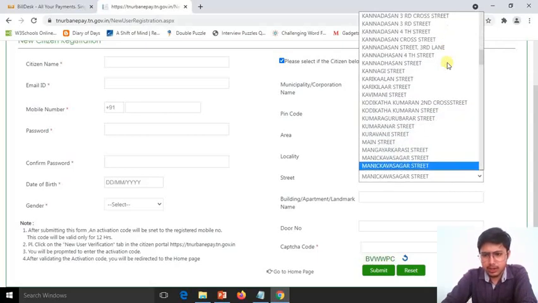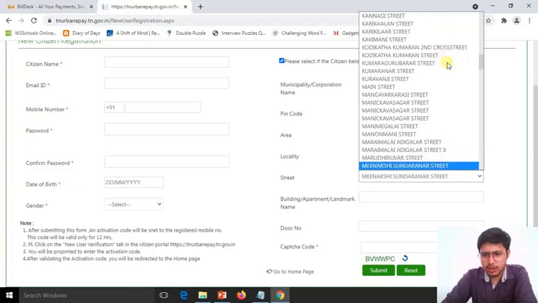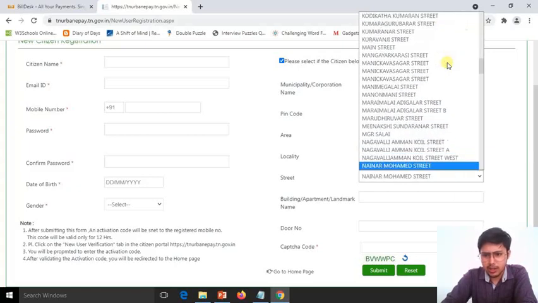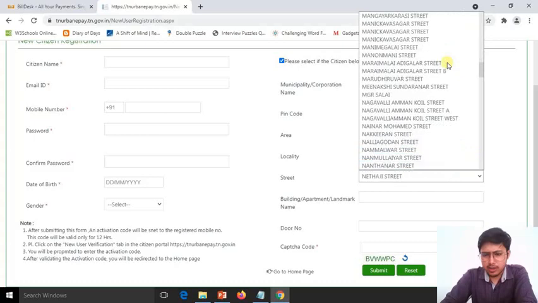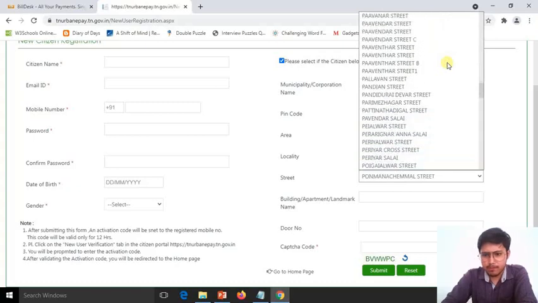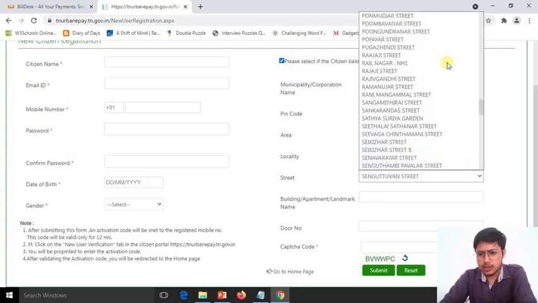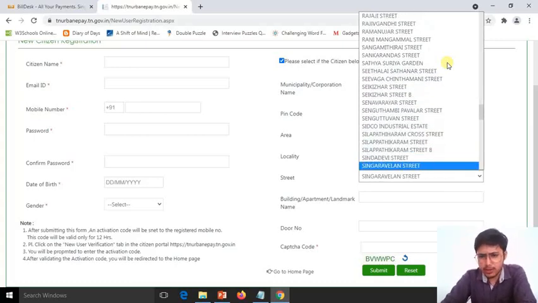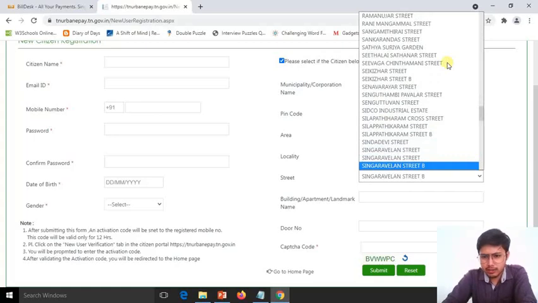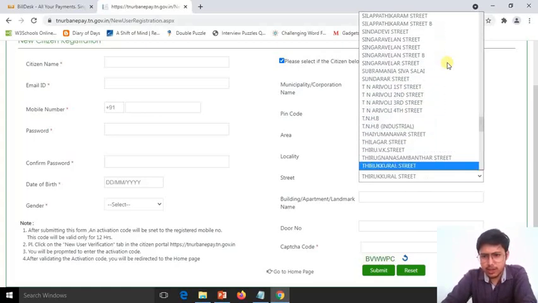Main Street, Malai, Adigalar Street, University, MGR Salai, Netaji, Kavinder, Pavitar. Okay, so you can see that there are lots of options, but none of them is the one where we are staying.